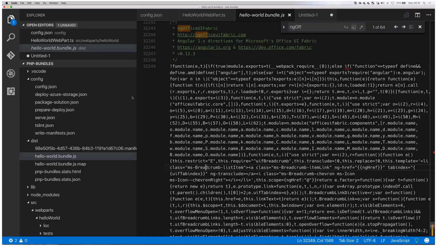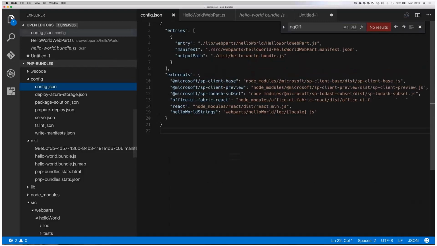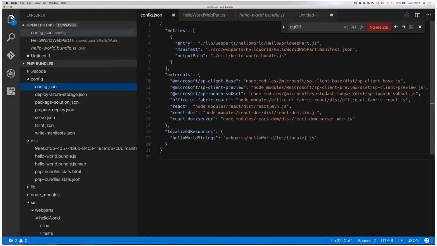So what if we could ensure that we don't embed all of Angular and ng Office UI Fabric inside the web part, but we actually load them from an external place, right? So the way you can do it is really easy, and the great thing about it is it doesn't require you to change anything about your code. The only thing that you have to do for that is go to config.json, and then in externals,